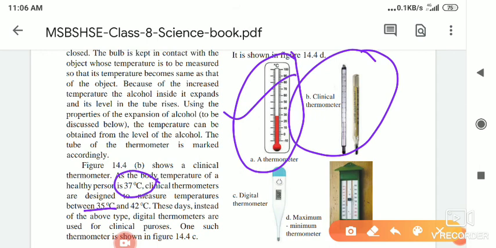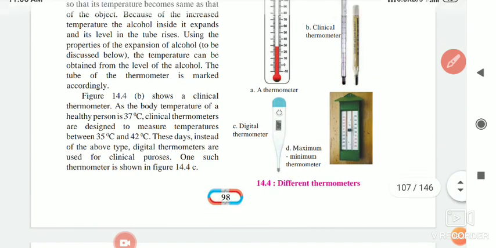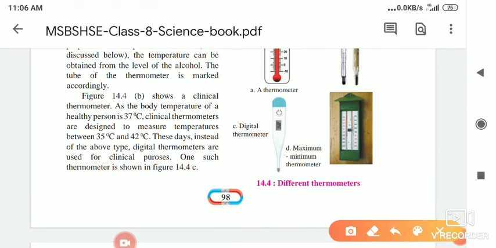Below 37, 2 degrees Celsius lower, means we have sometimes low fever and high fever. If there is low fever, the body temperature decreases, and for that 35 degrees Celsius means a decrease. We can measure this by using the lower readings, and by using the upper readings above 37 degrees Celsius, we measure our body temperature. So from 37 to 42, the marks are there on the clinical thermometer.